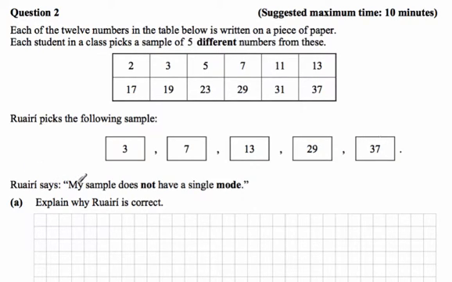Rory says, "My sample does not have a single mode. Explain why Rory is correct." Okay, well, the mode is the most common number, or the number that appears most often. And if you look at Rory's sample, there is no number that appears twice or more than once. So all we need to say is that